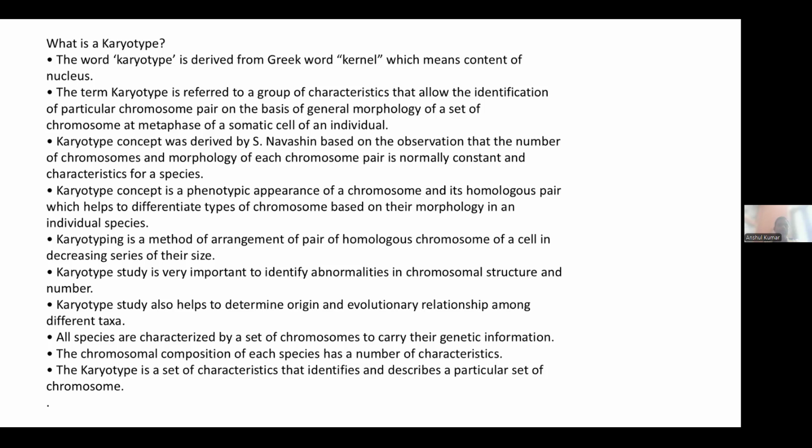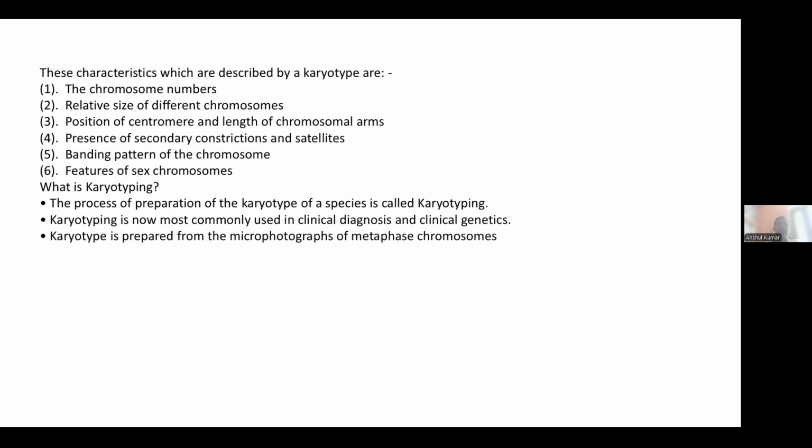All species are characterized by a set of chromosomes to carry their genetic information. The chromosomal composition of each species has a number of characteristics. The karyotype is a set of characteristics that identifies and describes a particular set of chromosomes. These characteristics, which are described by karyotype, are the chromosome numbers, relative size of different chromosomes, position of centromere and length of chromosomal arms, presence